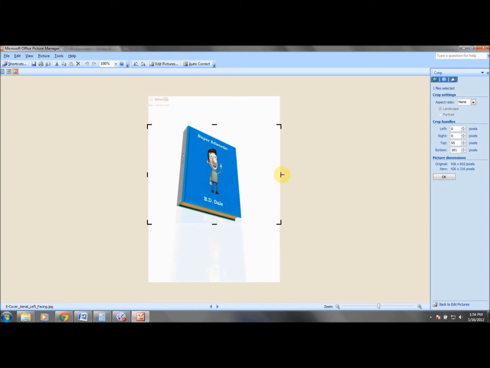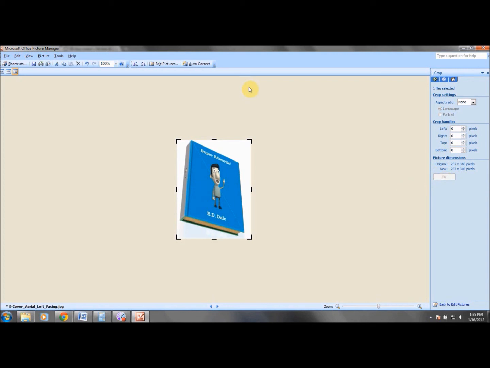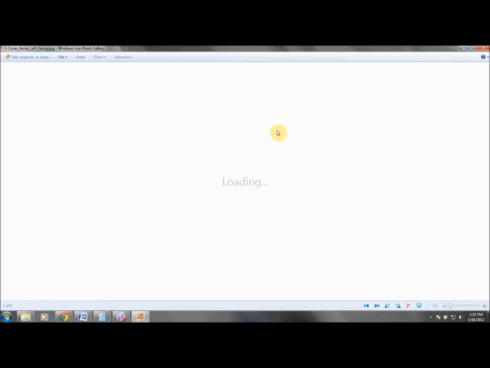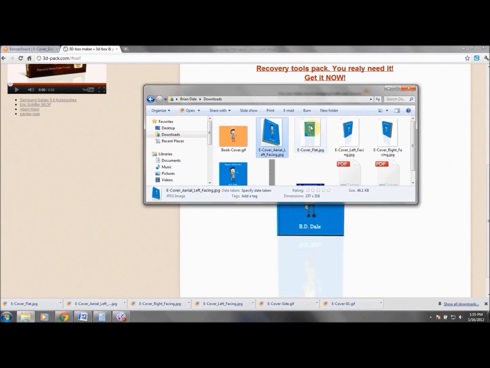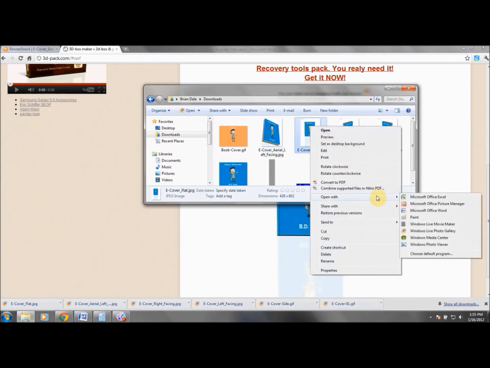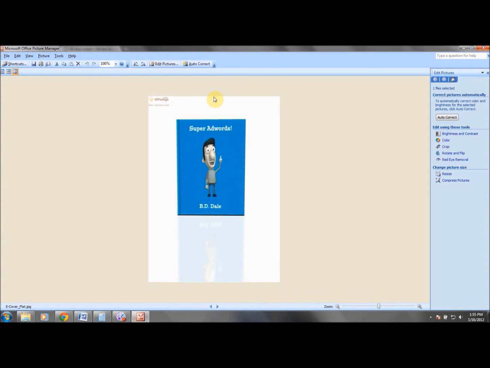Now remember, this image will be best used in a right sidebar on the website. Make sure you flip it and do a right facing aerial for the left sidebar. So all you want to do here is drag that in to crop it, right? And then what you would do is hit OK. What's really important, once you hit OK, you have to hit the save right here, or it's not going to do anything. So let's open that up. Boom, there it is. It still has that little line in it, but you could drag it around, and then we'll just edit this again really fast,